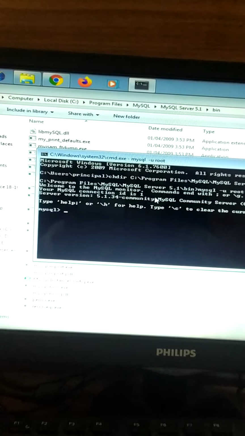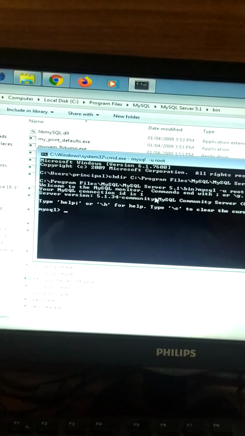Suppose I'll make a database school. And you have to give this semicolon over here. This shows that your sentence has ended. Create database school and enter. So now a database with the name school is created.